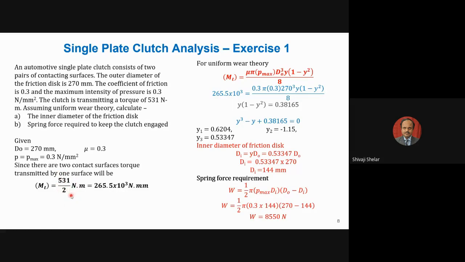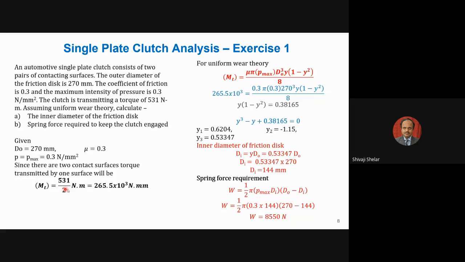For a single plate clutch system, you will have maximum this value as 2, but minimum value will be equal to 1. For a multi-plate clutch system, for the number of contact surface, there is a formula. When we learn the multi-plate clutch system design, I will show that formula and how to use it. In that case, this value will be greater than 2, 3, 4, 5. It can go up to even 19 to 20, depending upon the torque transmission. Now, since it is single plate, it can have either 1 or 2. Since there are two pairs in contact, we have to divide by 2.